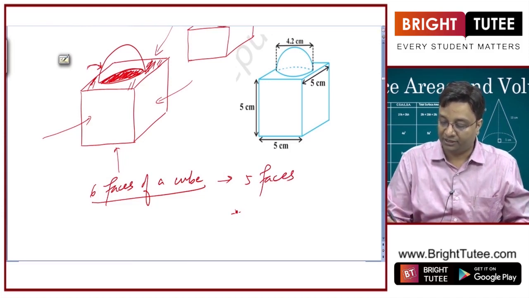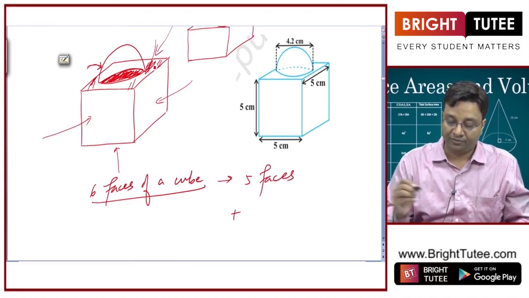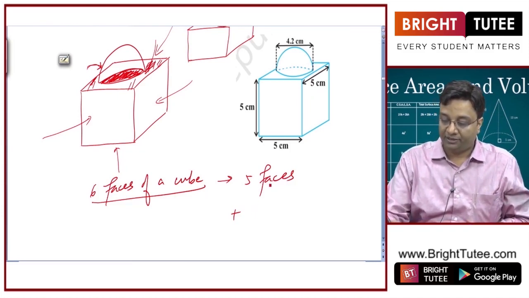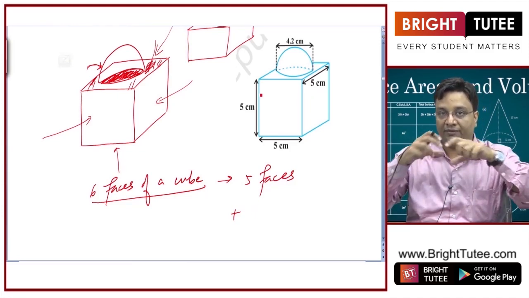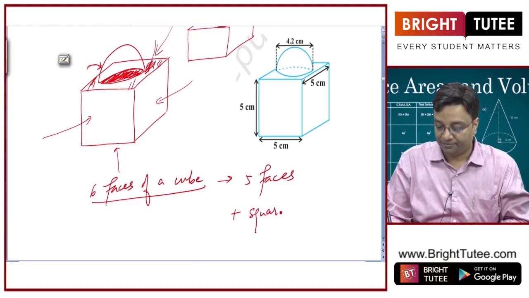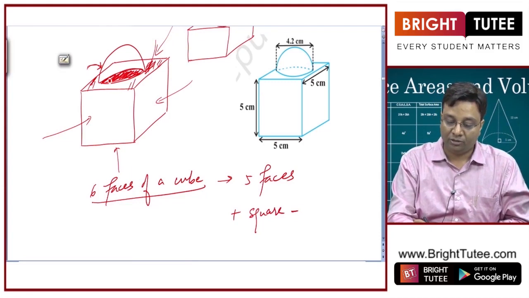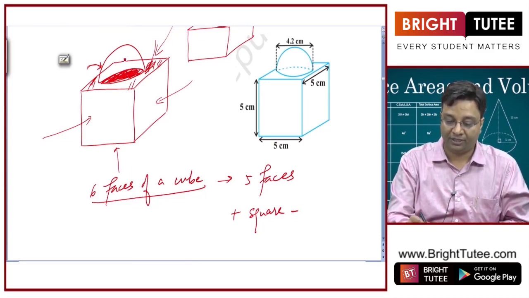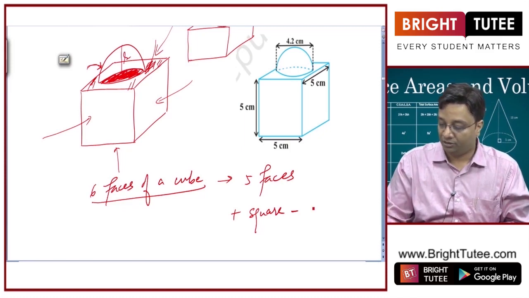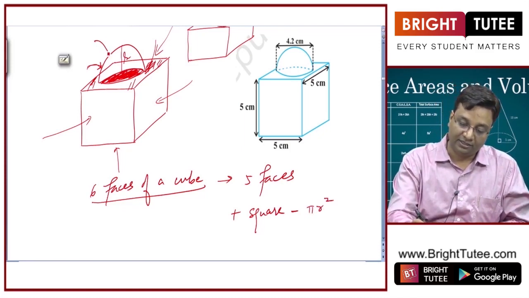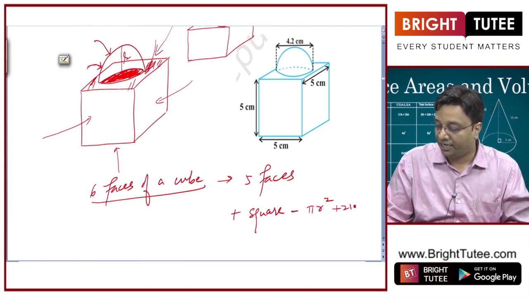I need to talk about, plus if I talk about this face now, let us say I calculate the area of the complete square, right? Every face of the cube is a square. So the area of the square minus, I need to subtract this circular area here. If this hemisphere has a radius r, I need to subtract pi r square from it, and I need to add this area, so I'll add 2 pi r square in it,